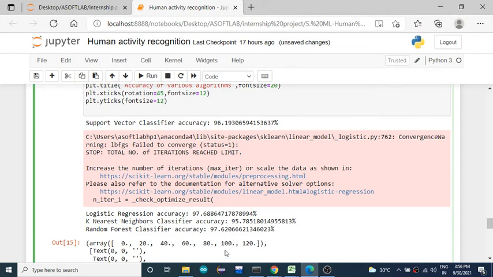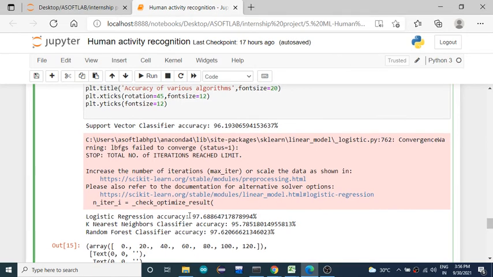Out of these, as observed, logistic regression gives the most accurate results, so this algorithm can be used for final deployment.